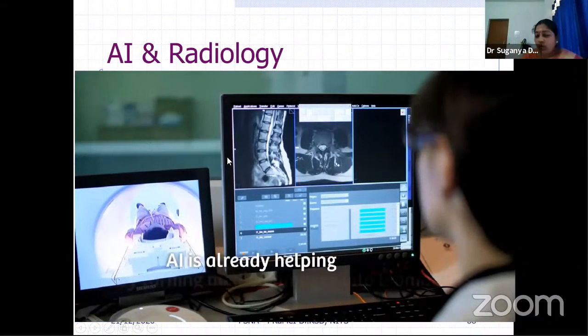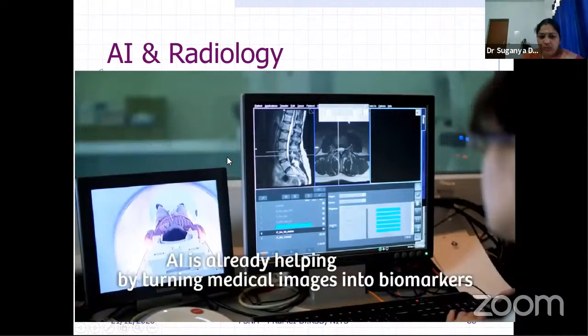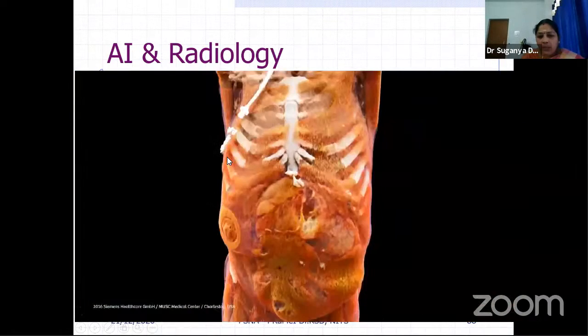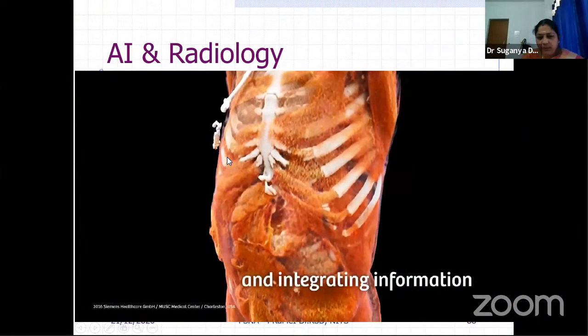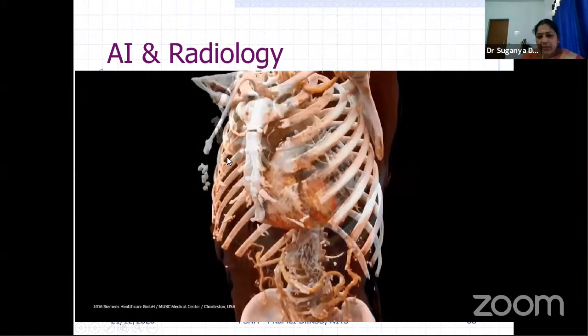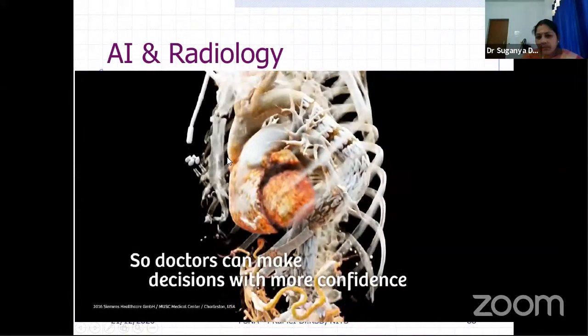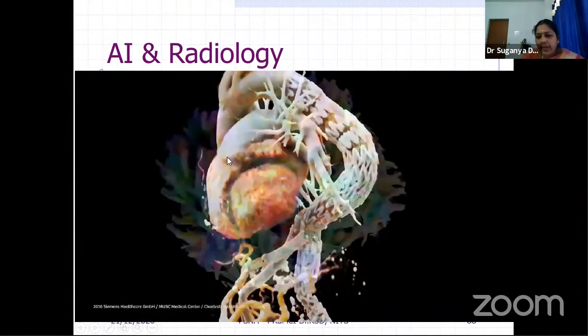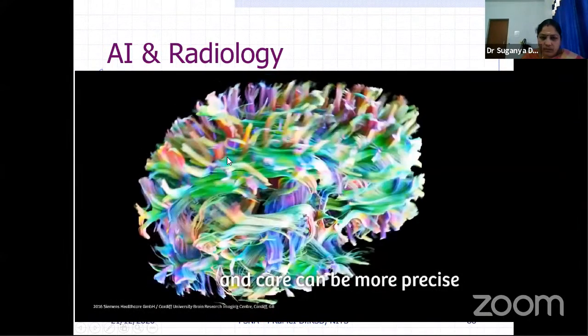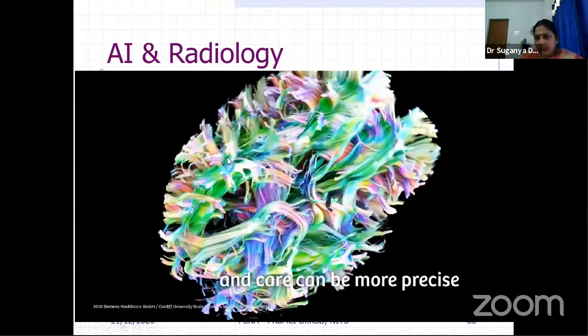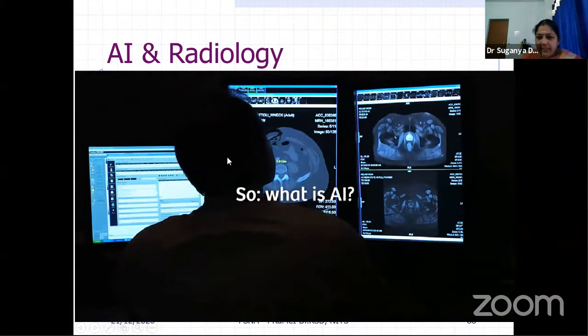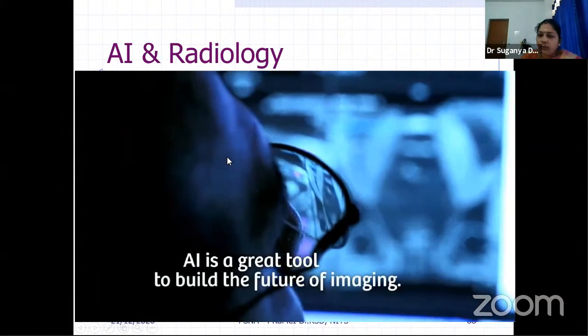To achieve better outcomes in medical imaging, this is integrating the information so doctors can make decisions with more confidence and care can be more precise. So what is it? Very simple. AI is a great tool to build the future of